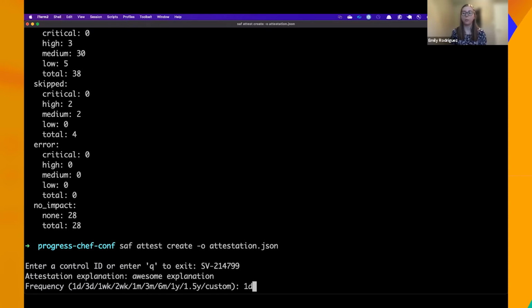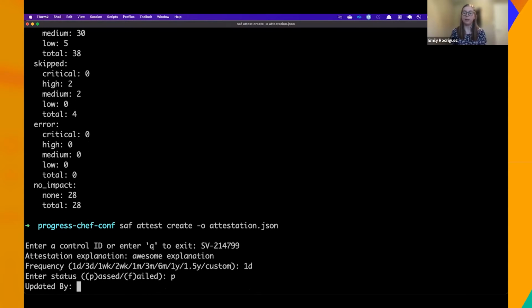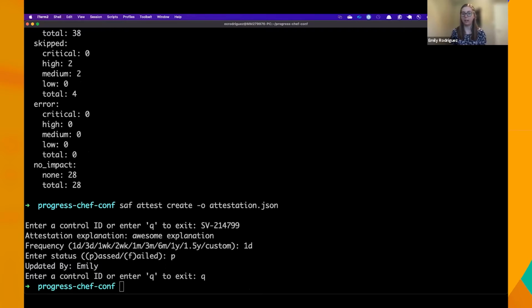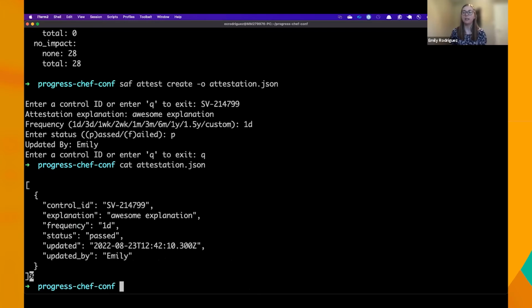So I'll give it 1 day frequency, but you could give it up to a year or more. And then I'll say that I was able to pass this based on my manual review, and who checked it? I checked it. So now I've only checked one test. I don't want to do any of the other ones, but you could add any more that you have here. So I'm going to quit, and then I can actually take a little peek at this attestation file and see that it really just has all that data in this case in a